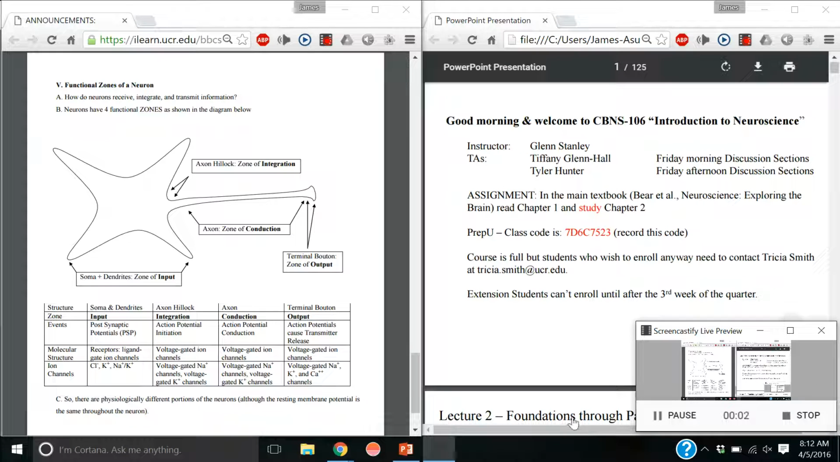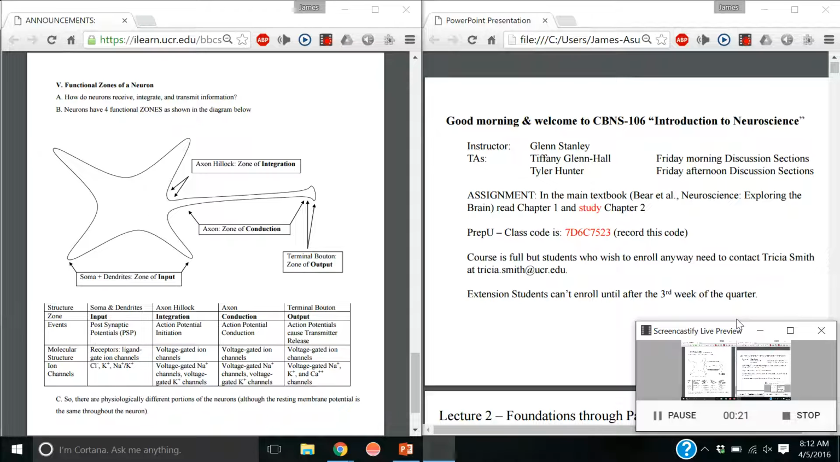Okay, there is a new reading assignment, and the reading assignment is in the main textbook. Not read, but study chapter 3. Chapter 3 is essentially what we're talking about today in lecture. And so in terms of lecture topics,